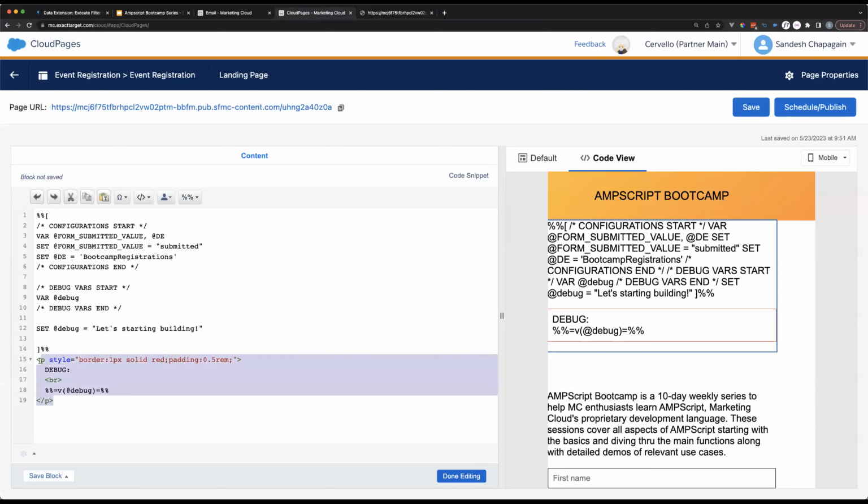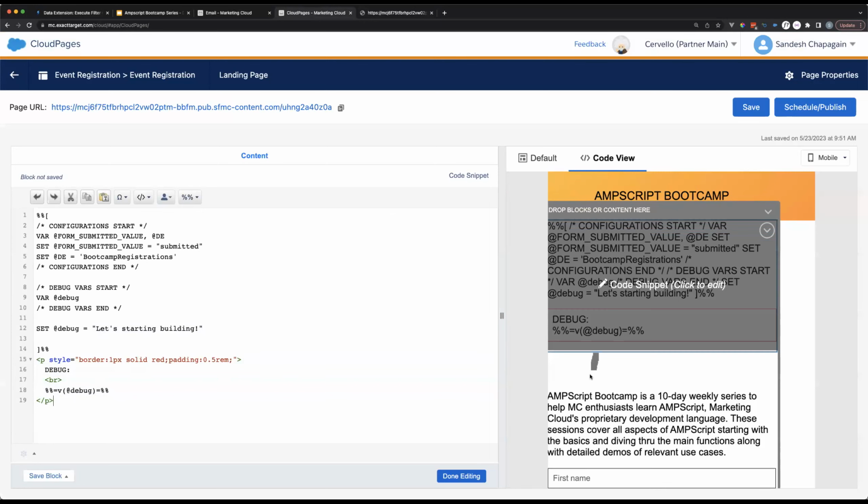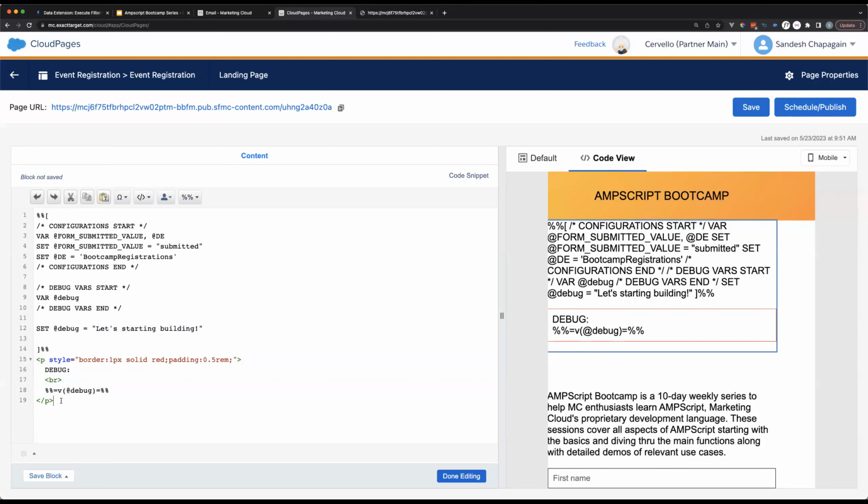Right, so that's one thing. So setting this up in the beginning makes it super easy, so we don't have to do this again and again. We don't have to go to other parts of the cloud page or an email to check this out, to remove this, for example, if it's ready for production, all that.